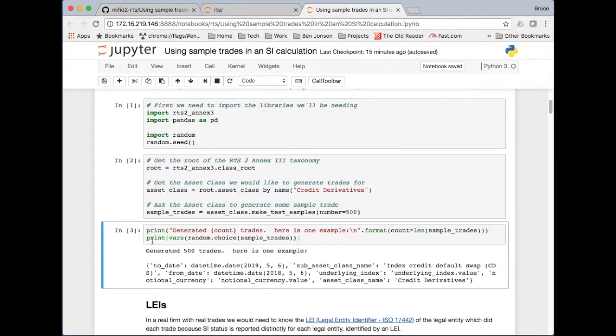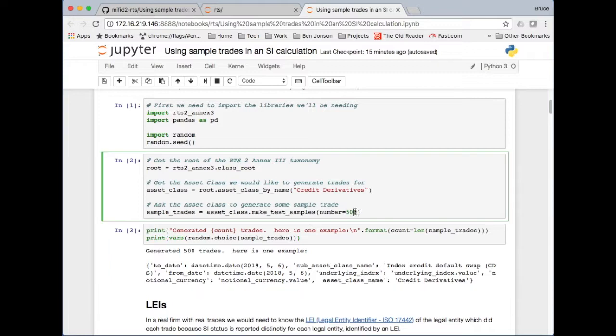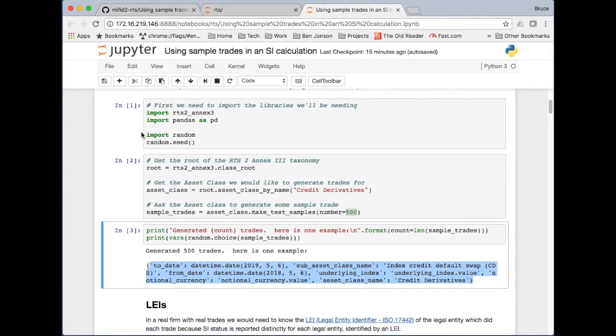There we go. There's a print line, generated 500 trades, which is just what we expected because that's what we asked this thing to do. And here is an example trade coming out. Okay, so this is how the Jupyter notebook works. You go to cell, you run it, and the results are there. So if we reset this whole thing again,